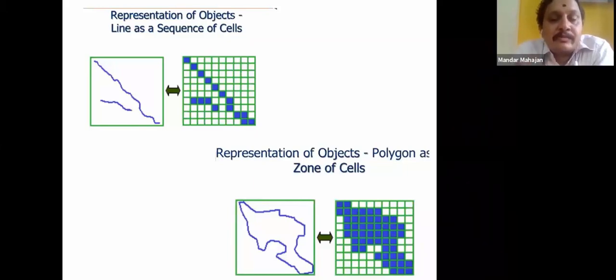So you can see the pixel size. Here, the orientation of the image, whether line, area or polygon, the originality gets lost. So it is somewhat zigzag. Therefore, the resolution is very important here. Conversion from raster to vector is possible, and vector to raster data is also possible. The only thing is that if you are converting vector data to raster, the original shape gets lost and cannot be recovered.